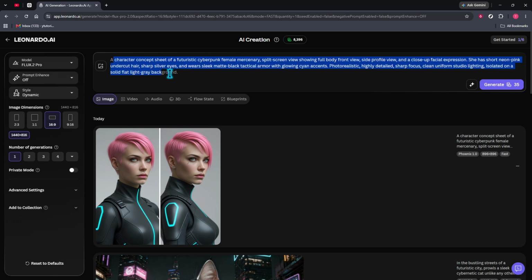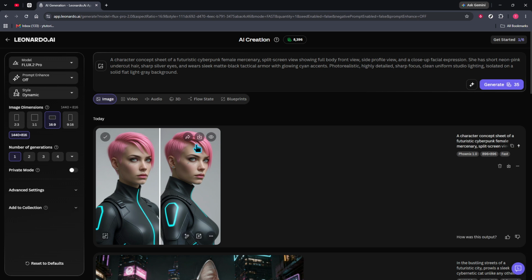Now enter your descriptive prompt, making sure it includes the isolation phrases and angle triggers we covered, and then click Generate. Once the image is ready, download it and open it in a photo editor. From there, crop out the exact angle you want to keep as your final reference guide. This gives you a clean, usable image